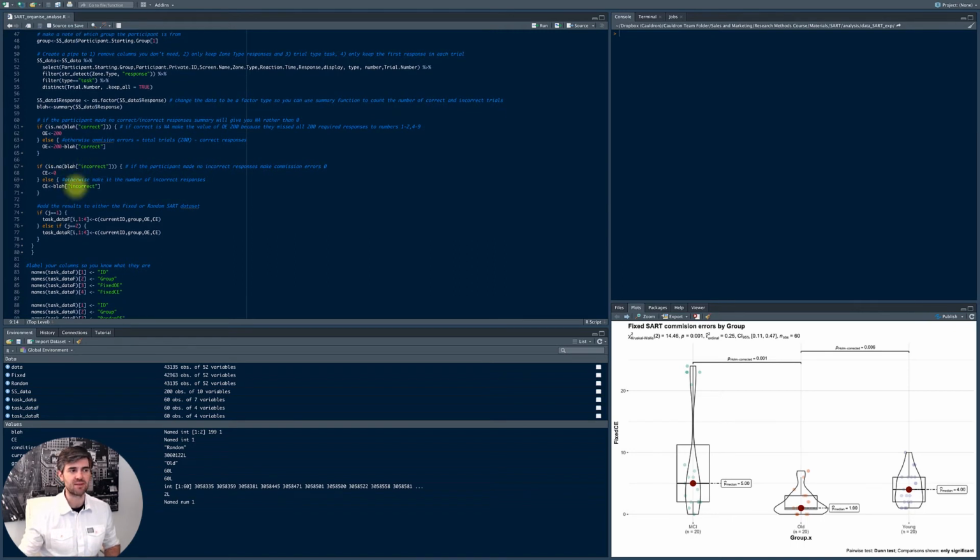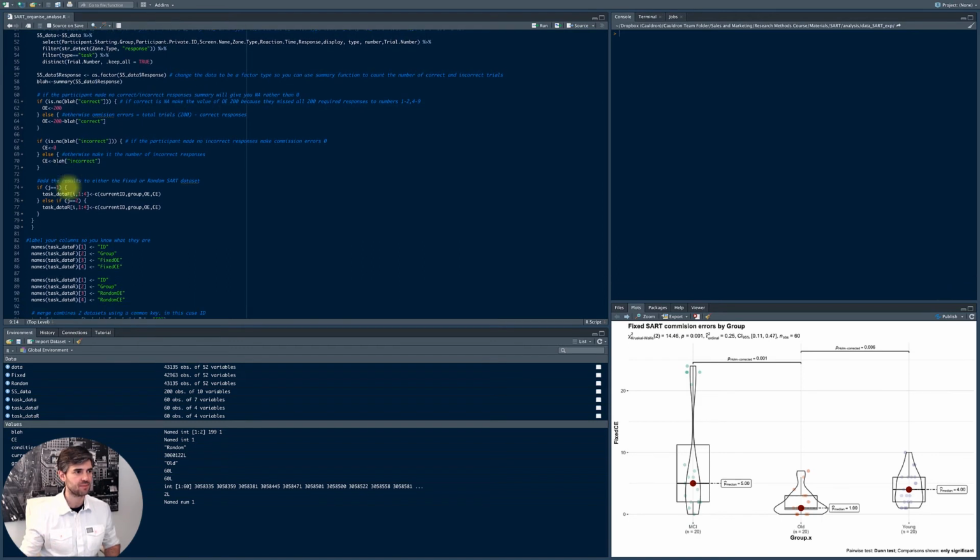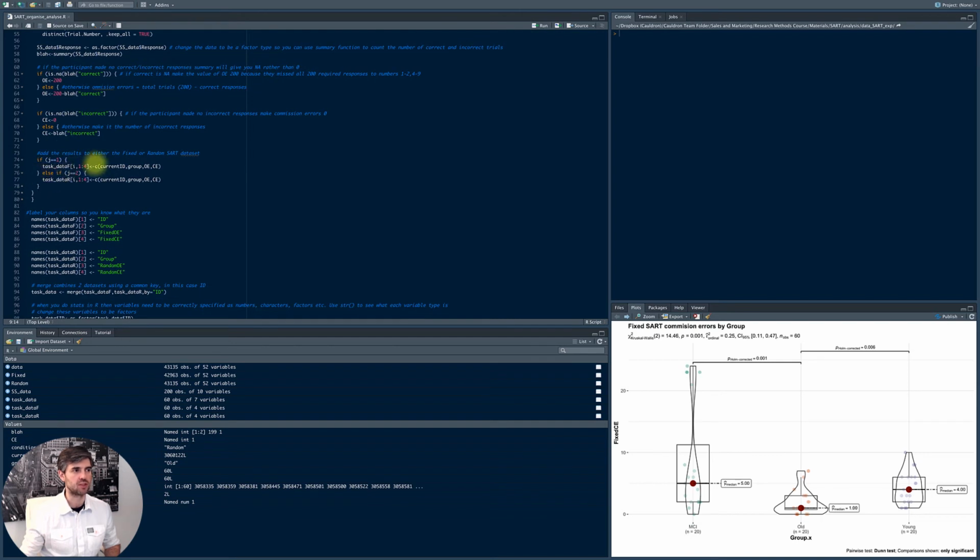We now have the same if statement here, but looking at the commission errors. So this is when they press a button when they shouldn't. And this one's a little bit simpler, because we say here, if the incorrect has no value in it, it's an NA, that means they were perfect and they made no commission errors. So CE should be 0. Otherwise, CE should just be however many times they pressed, that is, how many times we saw an incorrect label in the dataset. The last thing to do here is just to summarize that data and combine our ID code, the group, omission and commission errors,